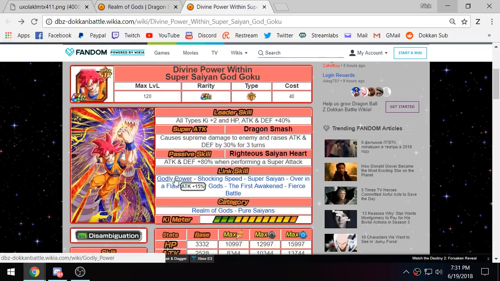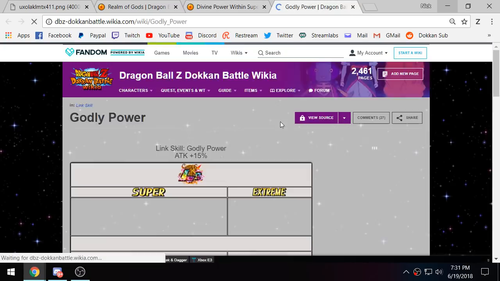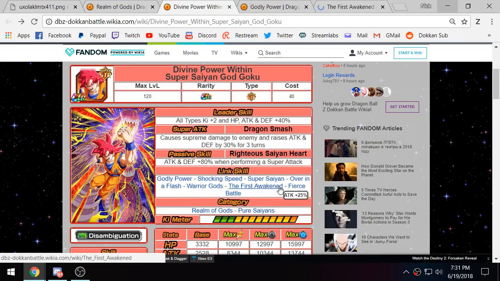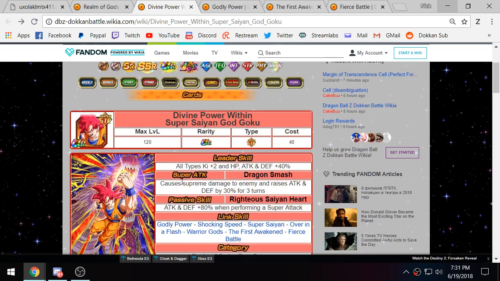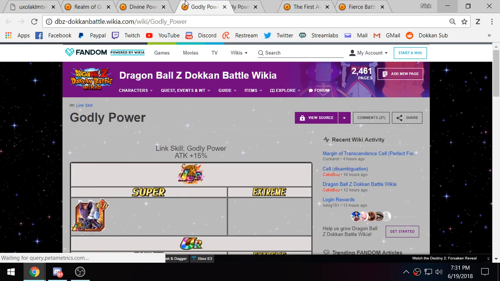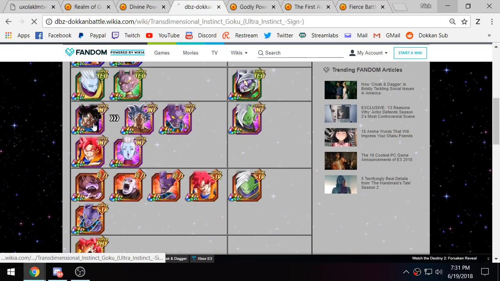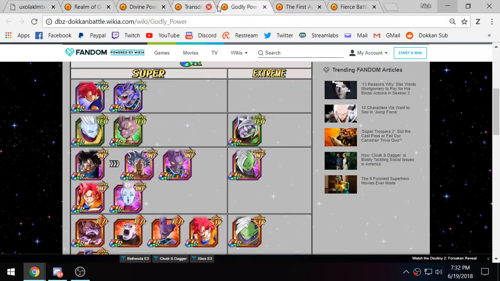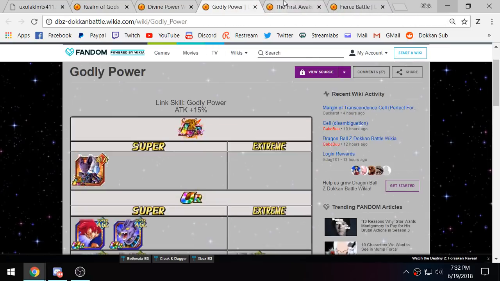So let's see, he has Godly Power, right? So they have Godly Power. He doesn't have Super Saiyan. I don't think he has Warrior Gods either. So is it Godly Power, First Awaken, and Fierce Battle? Hold on, let me see. Off the top of my head, I can't remember exactly what Ultra Instinct Goku's links are. Prepare for battle over in a flash. Yep. Alright, so the SCR Super Saiyan God Goku is giving him